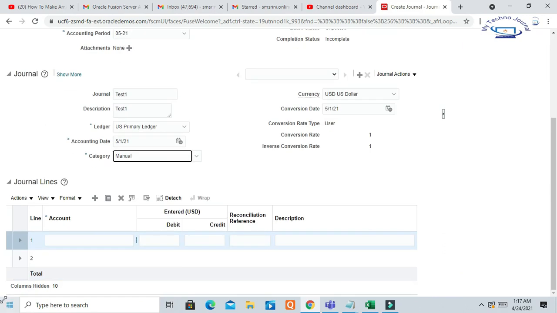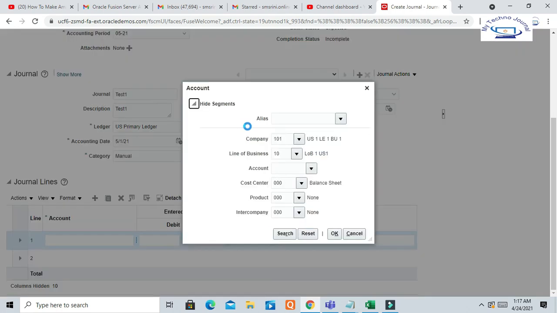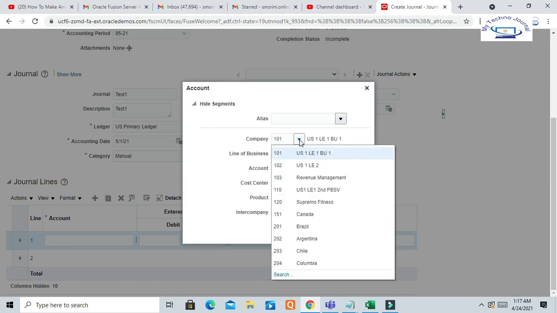So while I'm creating the journal line for accounting combinations, you can see here for the US chart of accounts, the company segment has a lot of values.